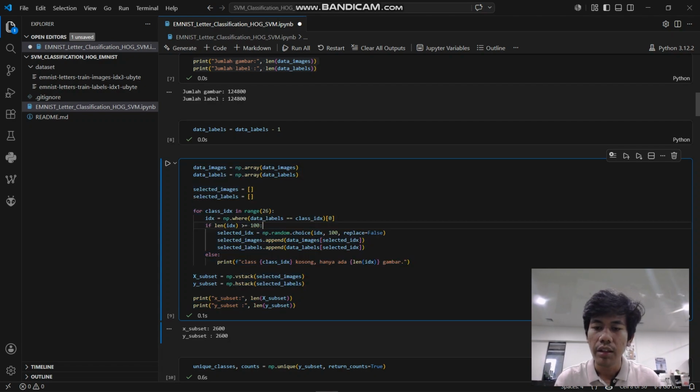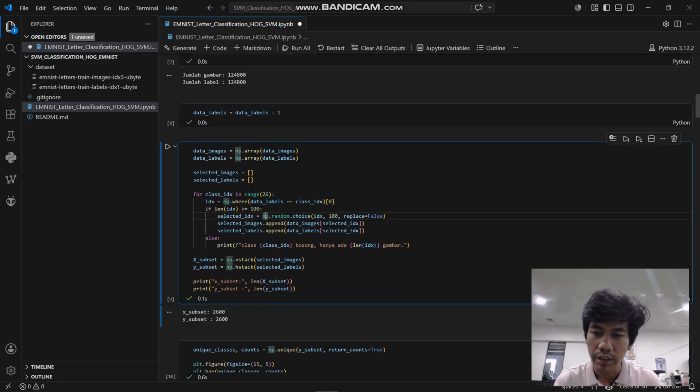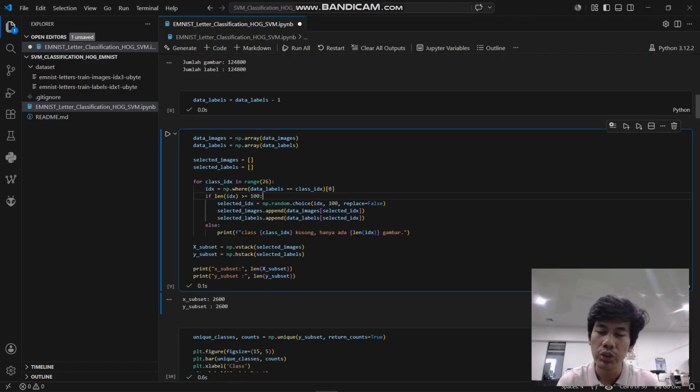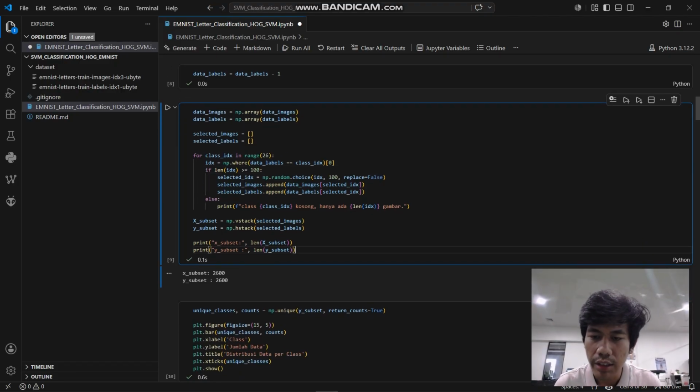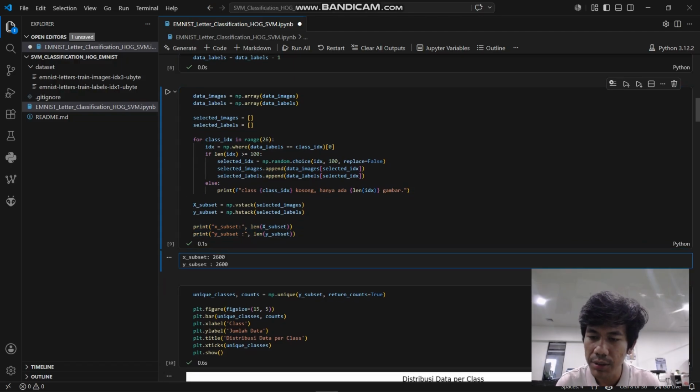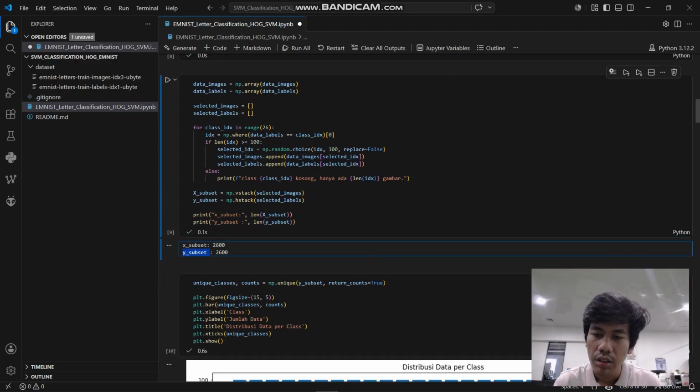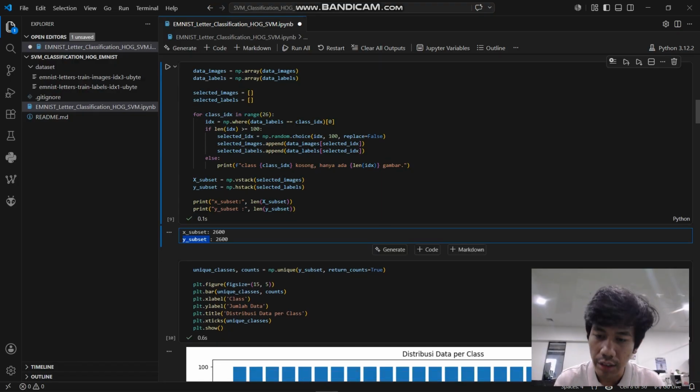There are 26 classes, and for each class we take 100 samples. So the data will be balanced, 100 for each class. To make sure of the data quantity, we can print the length of X subset and Y subset, and the quantity of both is 2,600.